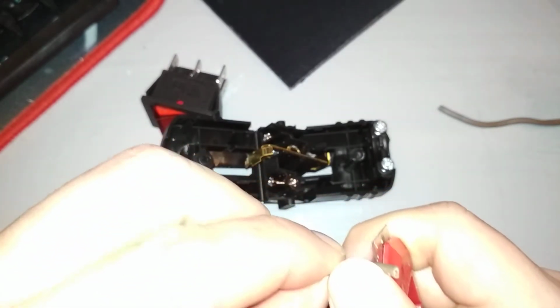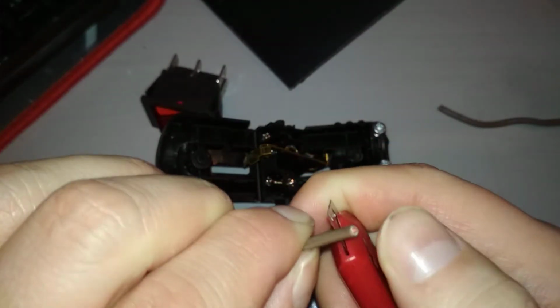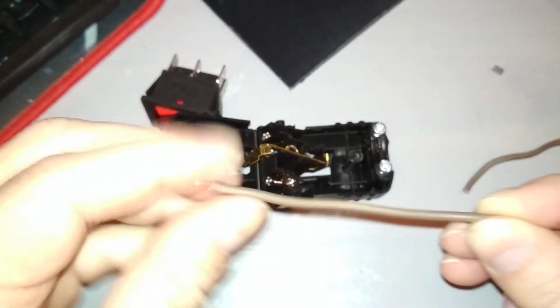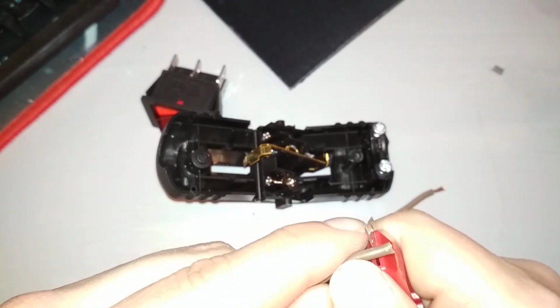And use an inappropriate tool, but who cares? Just a blade to remove the insulation, like that. And like that. Yeah, the other one, just gently, not to cut into the wire,